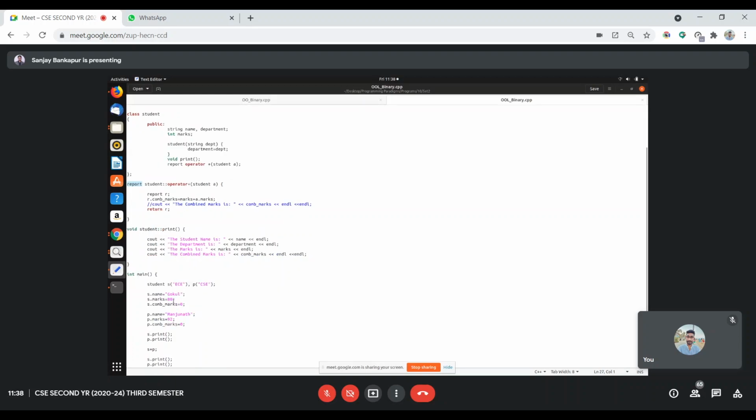Okay, so this looks fine. In the printf, the combined marks will throw an error, right? Because there is no longer a variable called com marks. So I will comment this.